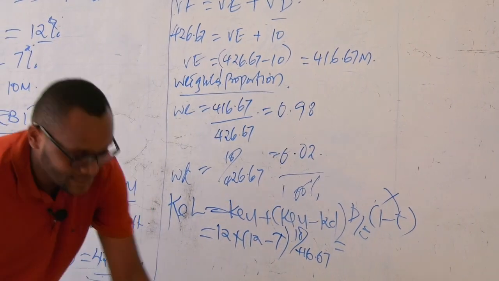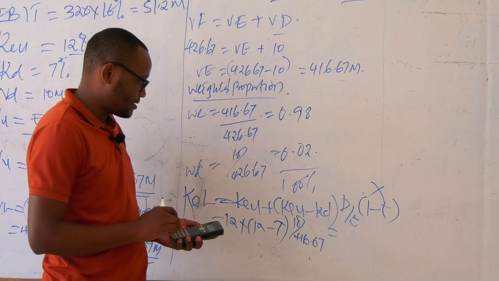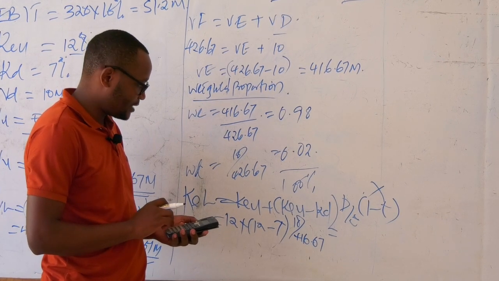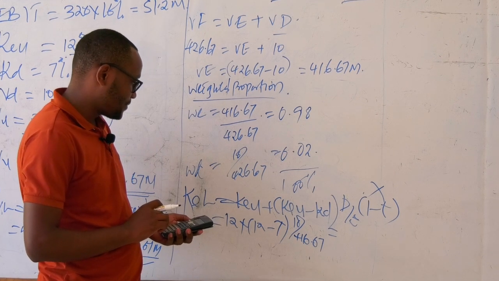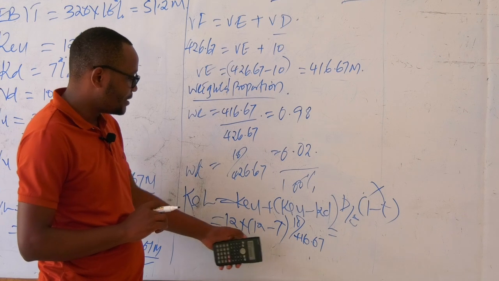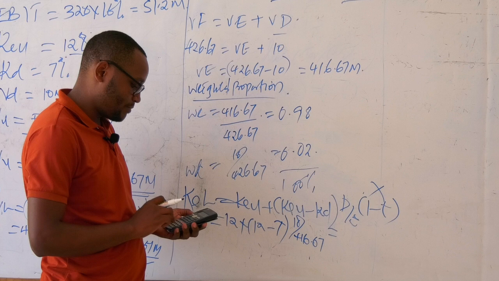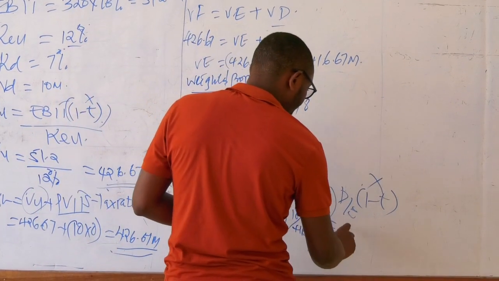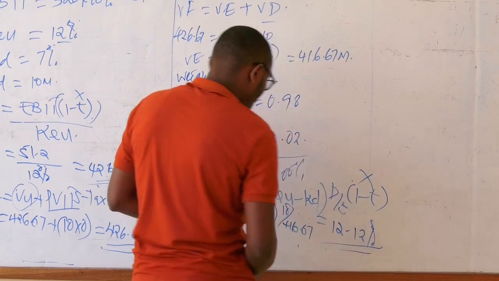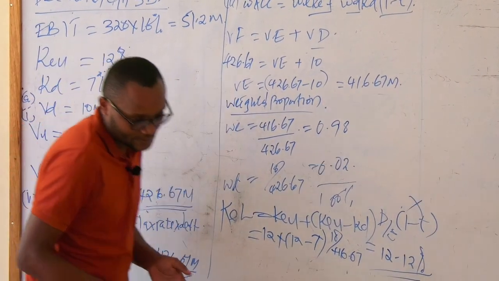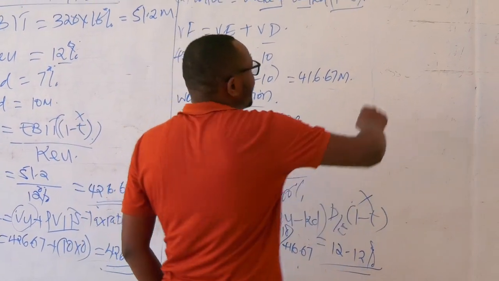I can advise, even in our proportion, you start with this one, dividing the proportion towards debt and equity, 10 divided by 416.67. Then you multiply this one by 12 minus 7, that is 5. Then 12 plus the answer, that is 12.12. You round off. That is the cost of equity. Then we have not done the WACC part of it.